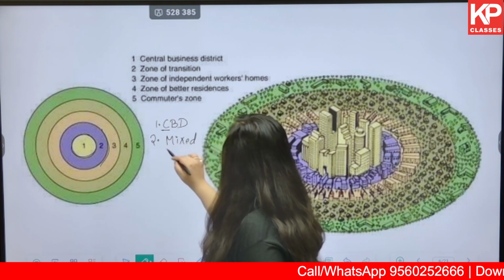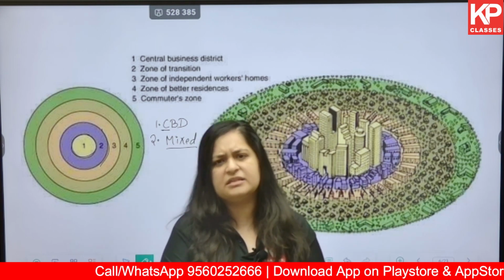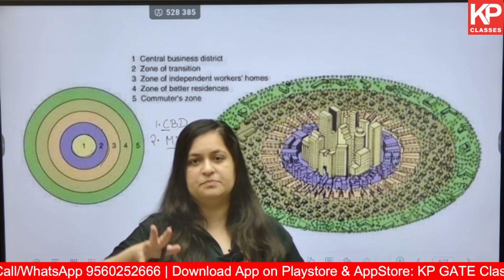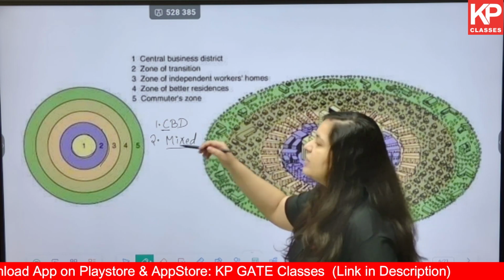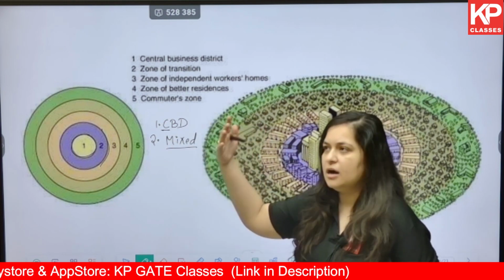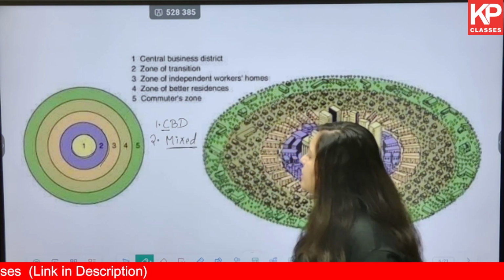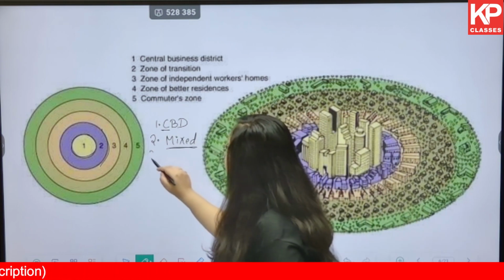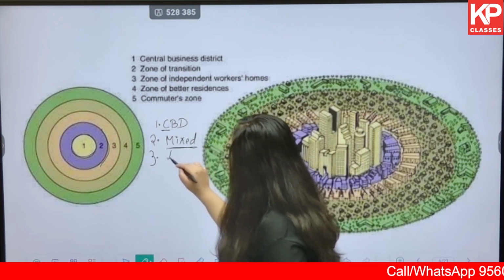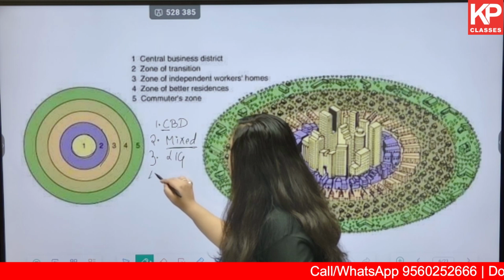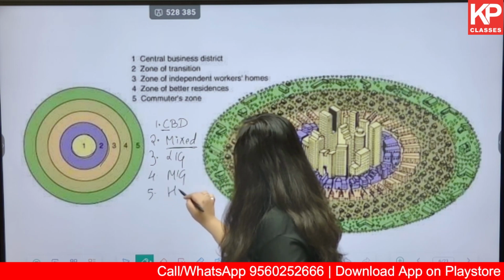What is the meaning of mixed land use? Basically, you can have all the land uses in this. There is definitely a restriction with respect to industries, manufacturing, etc. But in general, you can have, let's say, commercial, industrial, schools, hospitals, all those typologies in the mixed land use. The third one is LIG housing. Third is LIG, fourth is MIG, and fifth is HIG.